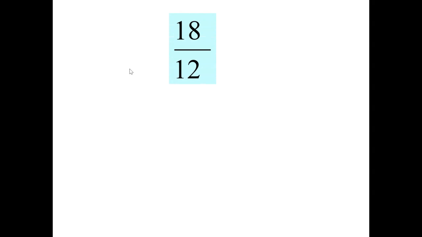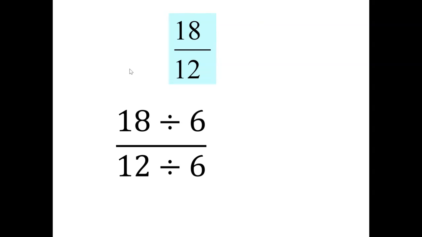Here's our first example, 18 over 12. You can try different numbers. You can try dividing both the numbers by 2. You can try dividing both the numbers by 3. Or you can try dividing both the numbers by 6. The higher the number, the fewer steps you will see for your final answer. I will divide both the numbers by 6. So when I divide 18 by 6, and I divide 12 by 6, I'm going to get 3 over 2. 3 over 2 is in the lowest term. Nothing can go in except 1. Let's try another